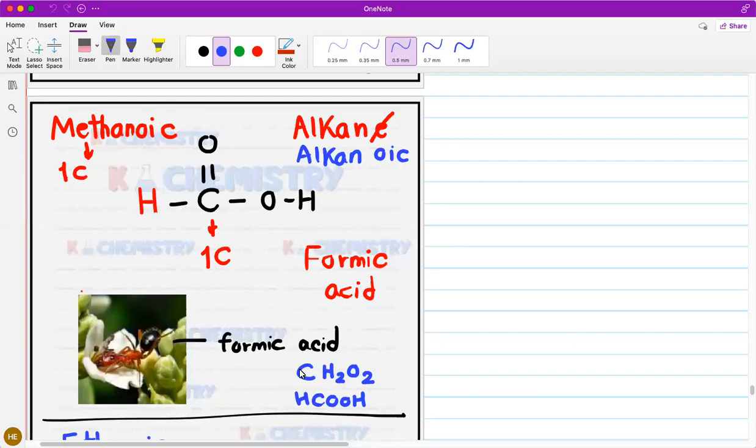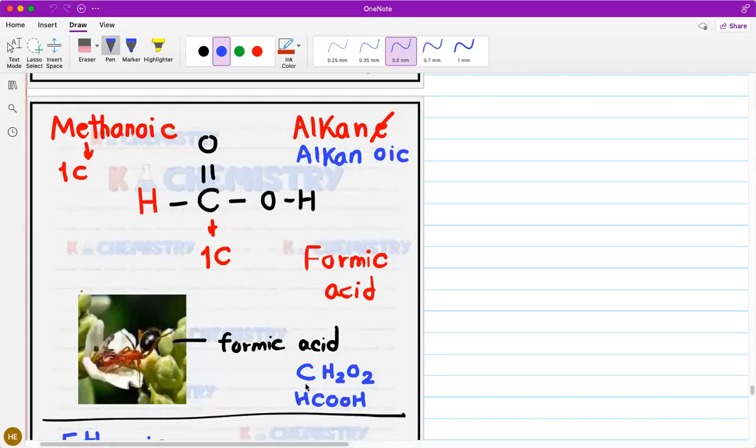If we try to make again the formula for formic acid, it is CH2O2. And what about the structural formula? It's HCOOH. This is the formic acid. We said its name is... take care that the structural formula of the methanoic acid is a little bit peculiar,